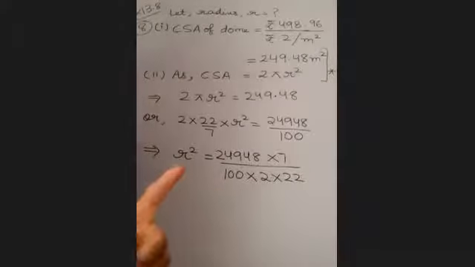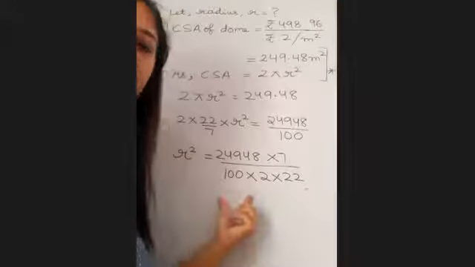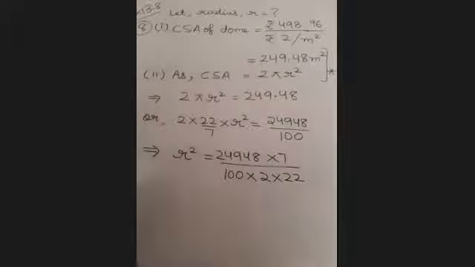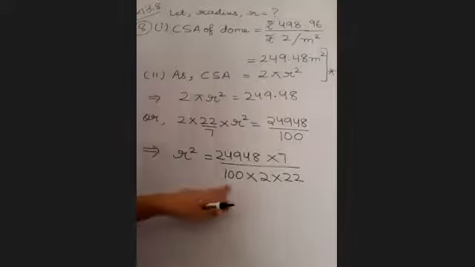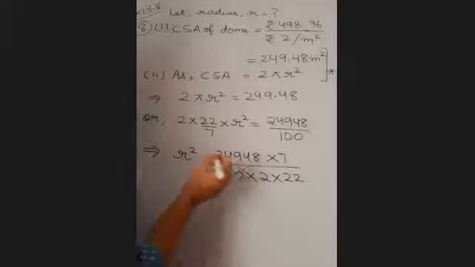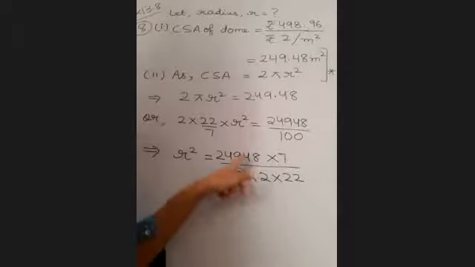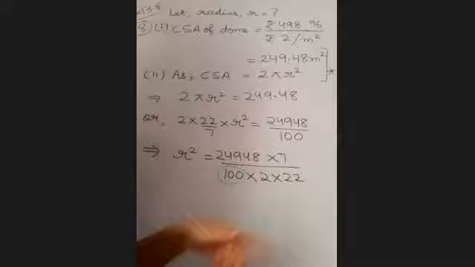Now children, just keep one thing in mind. It will help you always. It is r square, that means we would like to have a square of something over here. Is 100 already a square of a number? Square of which number? 10. When you are getting a square, don't touch it further. Leave it as it is. You cancel 2 and this. Start the cancellation. 12474.